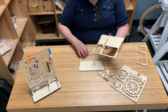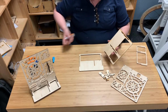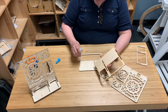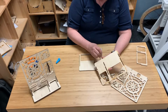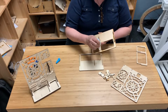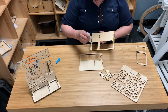So I want to put my glue on the top, and I'm going to put glue in 2 different places. I'm going to glue the back side from here, so I don't end up with all this extra glue here. And I'm going to put a bead of glue across here, and then I'm going to switch over to my other piece. I'm going to get glue in this hole like so, so that we're sure we've got these 2